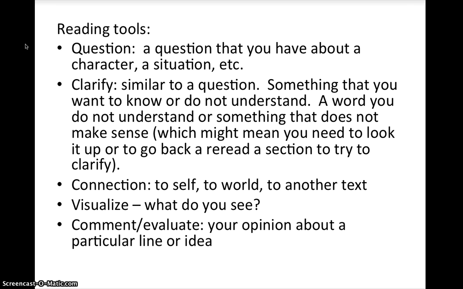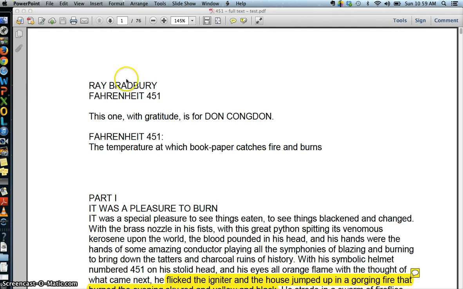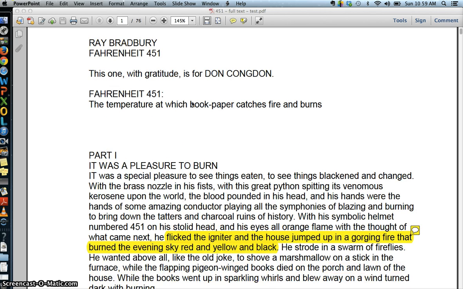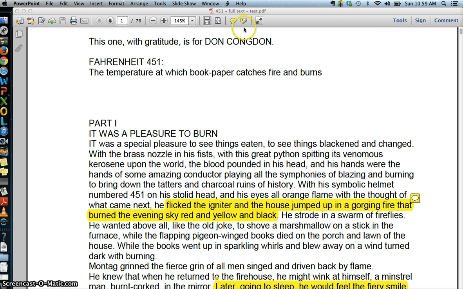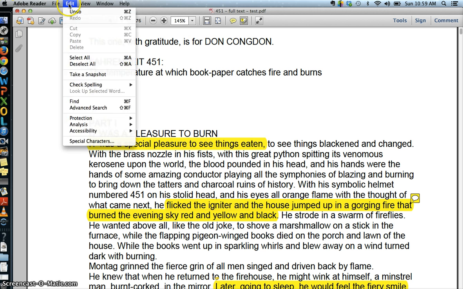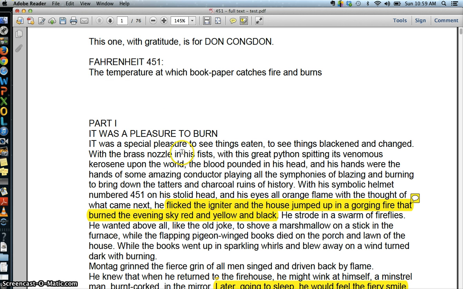So now I'm going to show you an example of post-it noting. So here is our PDF, and you can see I've already kind of highlighted. You can come up to the top to the highlighting, and you can click that, and you can highlight anything you want just like that. I'm going to go over here and undo that because I really don't want that, but you can highlight, and you can notice that I've highlighted right here